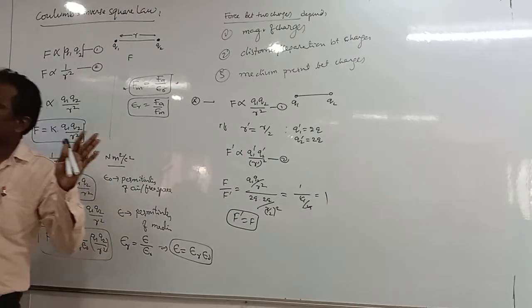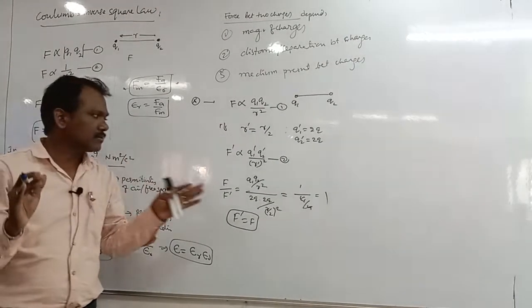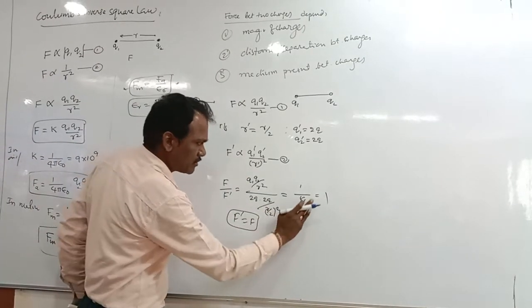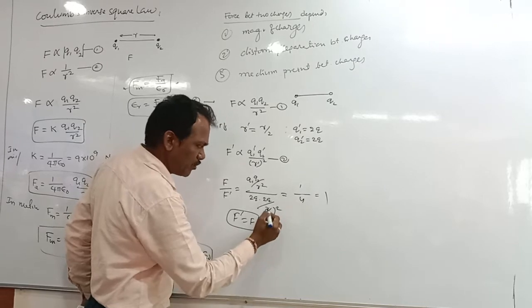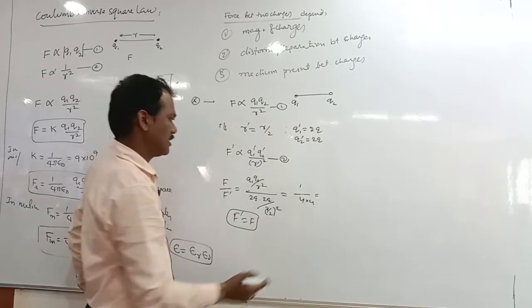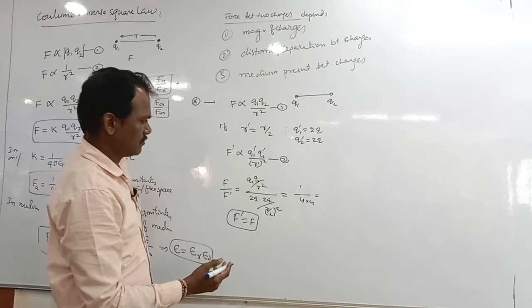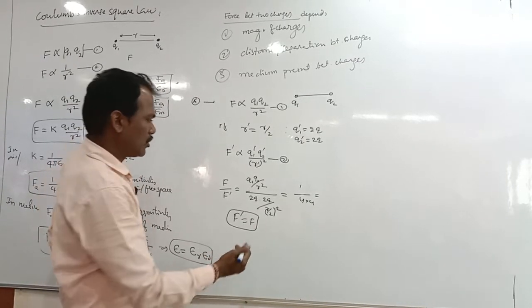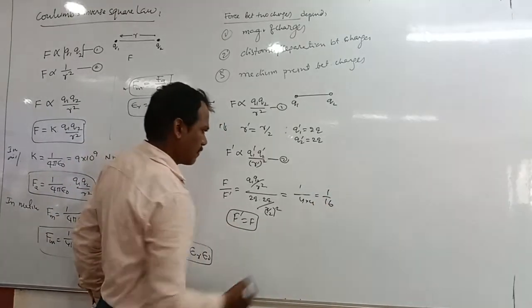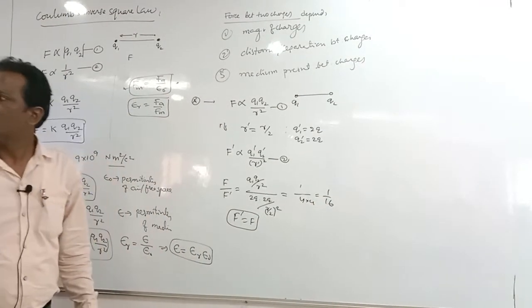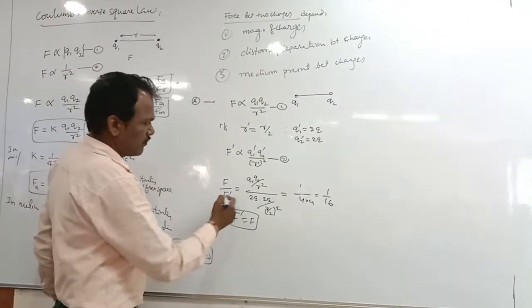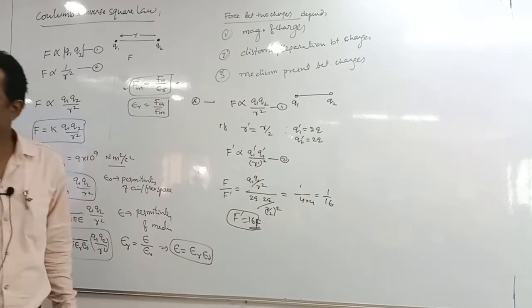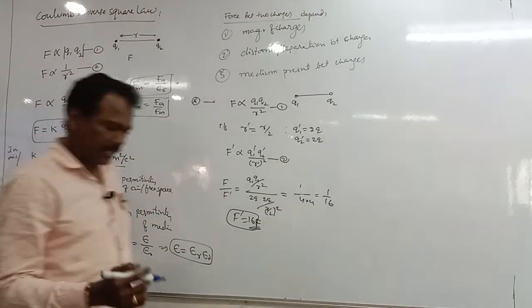If the distance is decreased to half, the square of it becomes by 4, it becomes 4, again 1 by 4 it is there, isn't it? Correct? So it becomes 16 times. Then the force F dash is equal to 16 times the force between them, right? Okay, now see,